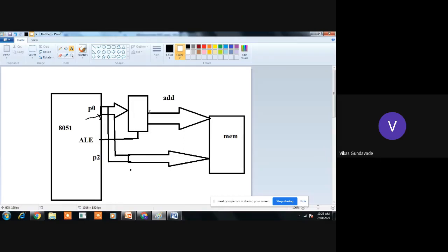So in this way, the demultiplexing of address and data bus takes place. And for this demultiplexing, which latch is required? 74LS373. It is nothing but a simple cupboard. When the lock is closed, whatever data is available outside the cupboard cannot be shifted into the cupboard. And when the lock is open, the user can shift the material or the data from outside into the cupboard. Similarly, this latch is nothing but a cupboard which will separate the address lines and data lines. So this is called demultiplexing of address and data lines. Everyone is getting it?